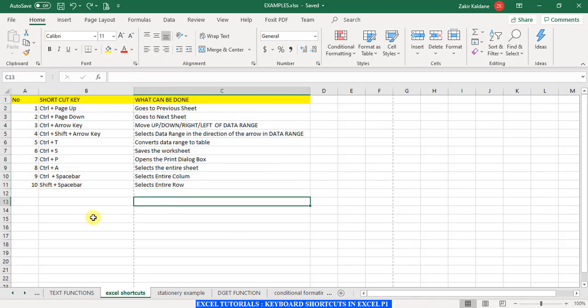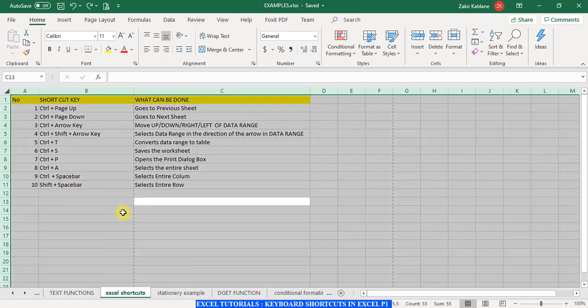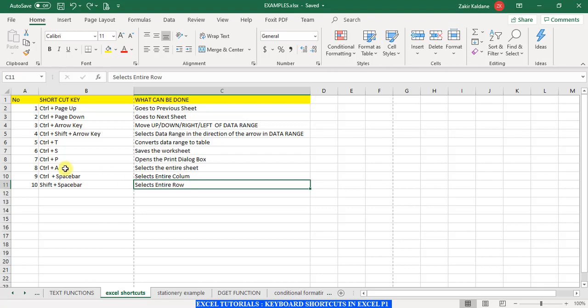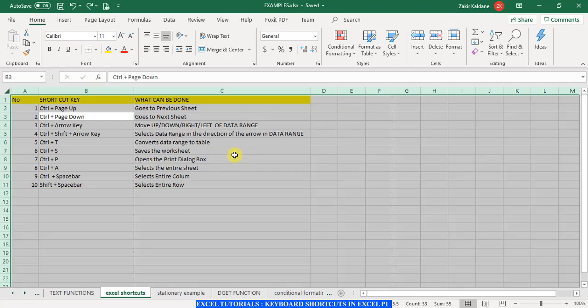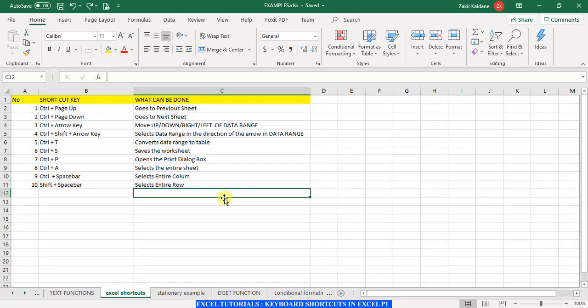But if I am outside the data range and I press Control A, it will select the entire worksheet. Now in case I have my pointer over here in a data range and I press Control A, but I want to select the entire sheet, one Control A has only selected this data range. So I press Control A once again, and it selects the entire sheet. Okay. So I hope this is clear.